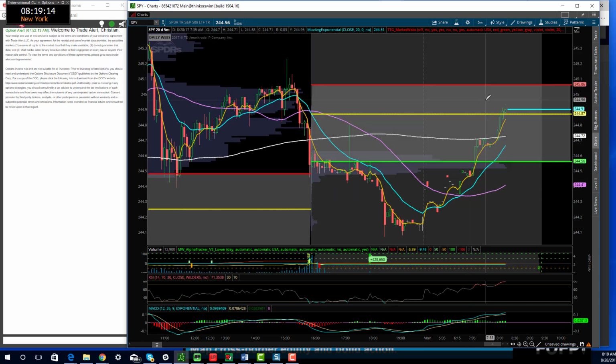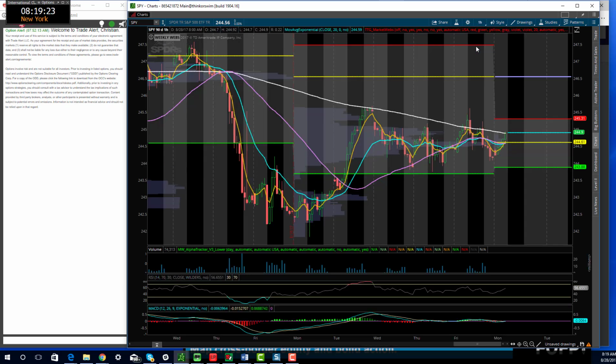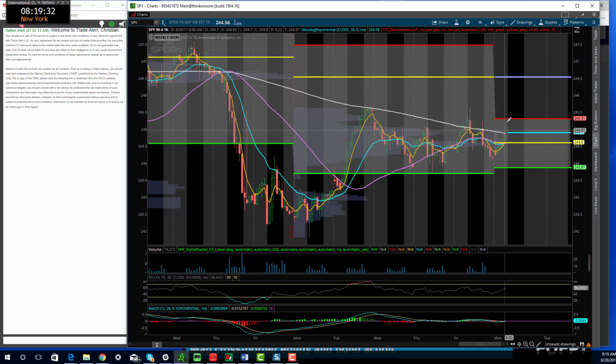We're also inside value. So 245.06, 244.56. So a little bit tighter there on the 5 minute. Really, I would be cognizant of 245.31 and 243.87. The other thing that you notice is this purple line up here. So if we do get above value,